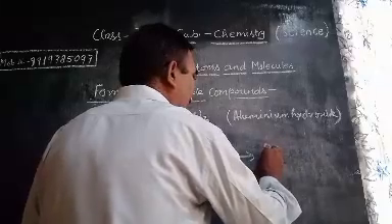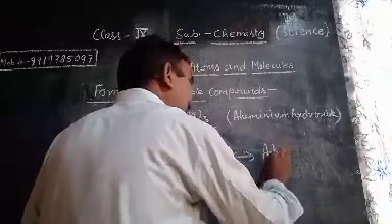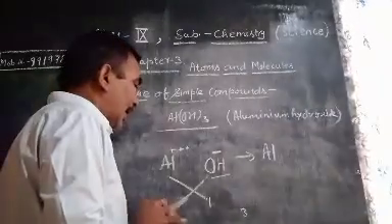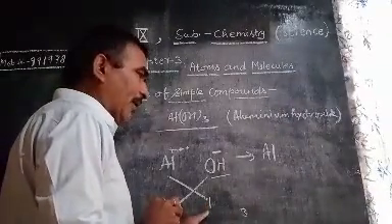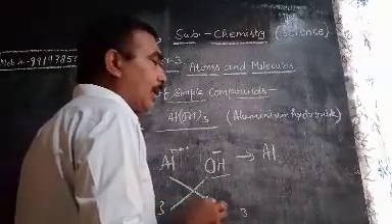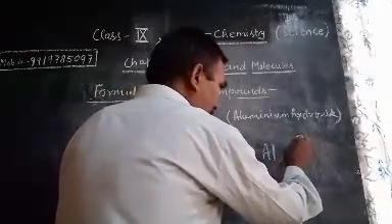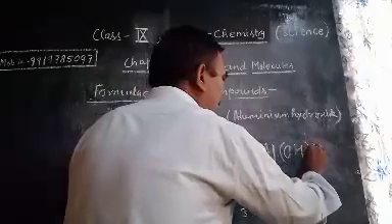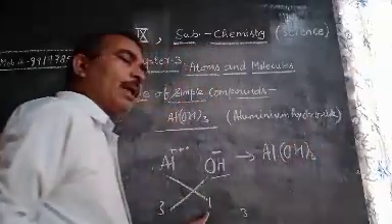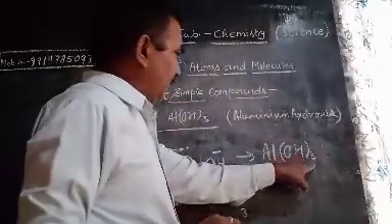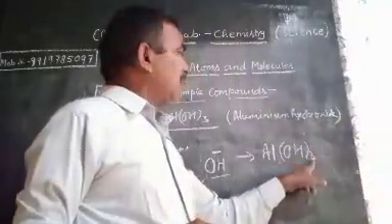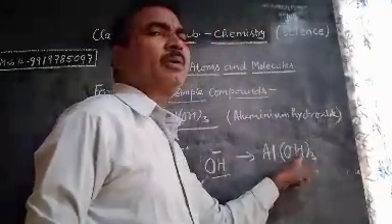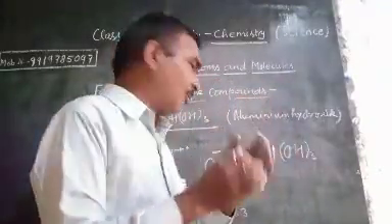that is only 1, 3 1 is 3, only 1 Al atom will be taken, only 1 aluminium. And 3 is divided by 1, then 3, 1 3 is 3. Al(OH) whole thrice. This 3 expresses that 3 atoms of oxygen and 3 atoms of hydrogen are joined together to form OH minus.